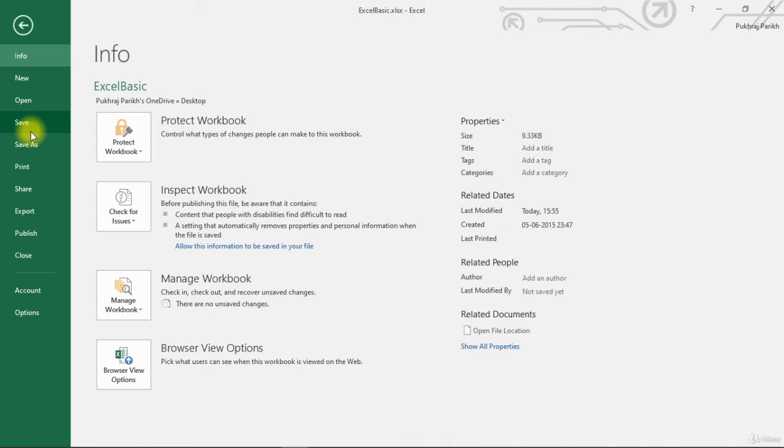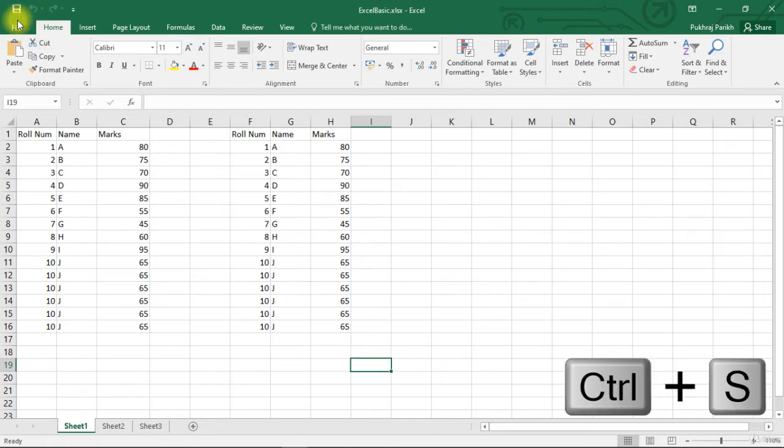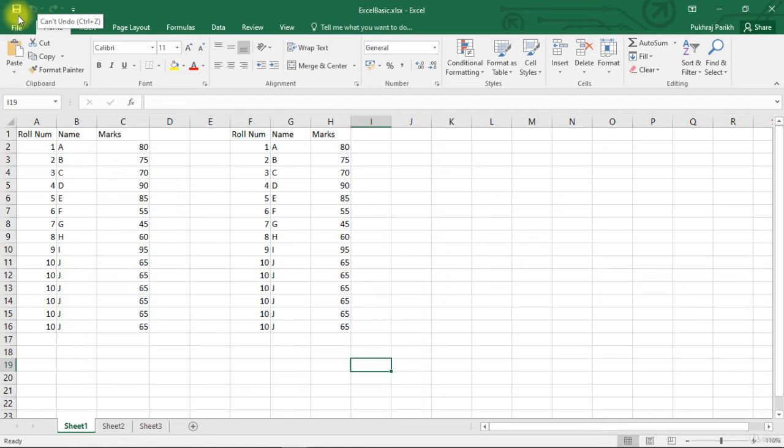The save can be initiated by doing any of the following. Either go to File and select the Save button, or select the Save As button, or you can go back and select this floppy disk icon button. There is also a keyboard shortcut for this. You can press Ctrl plus the S key to initiate the save. When you are saving the file for the first time, all four of these methods do the same thing.